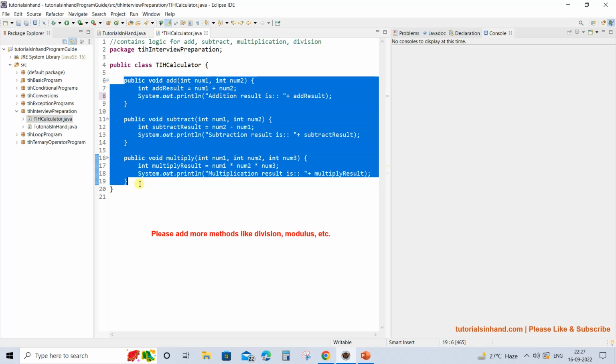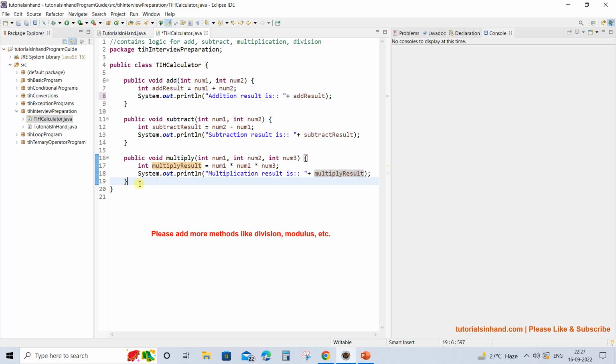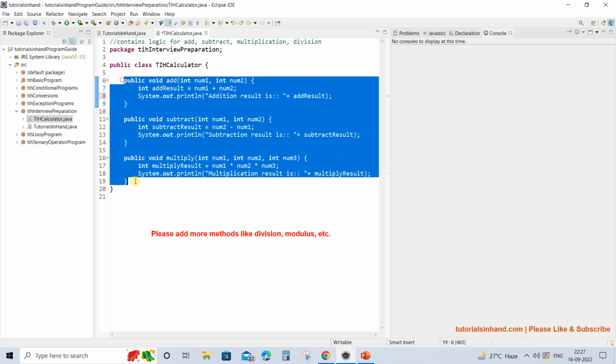So this is the logic that we have. You can add more logic like division, modulus and so on, and try to write the code on your own to increase your understanding and confidence in writing Java programs. For now we will just have these three logics for simplicity.